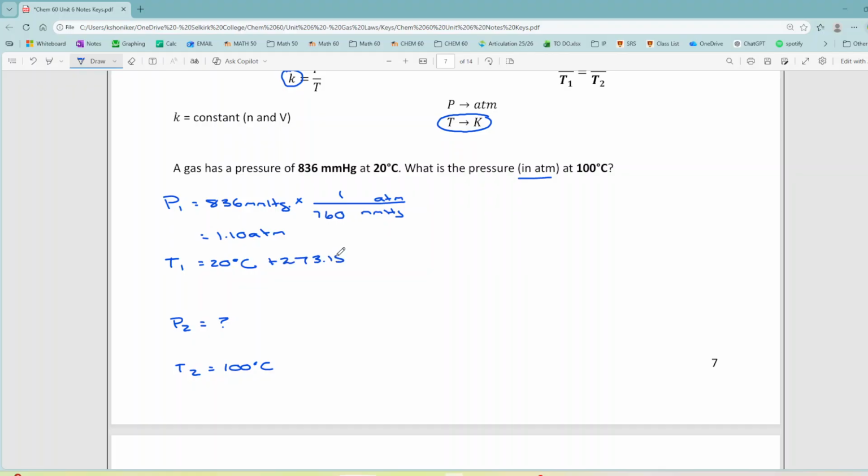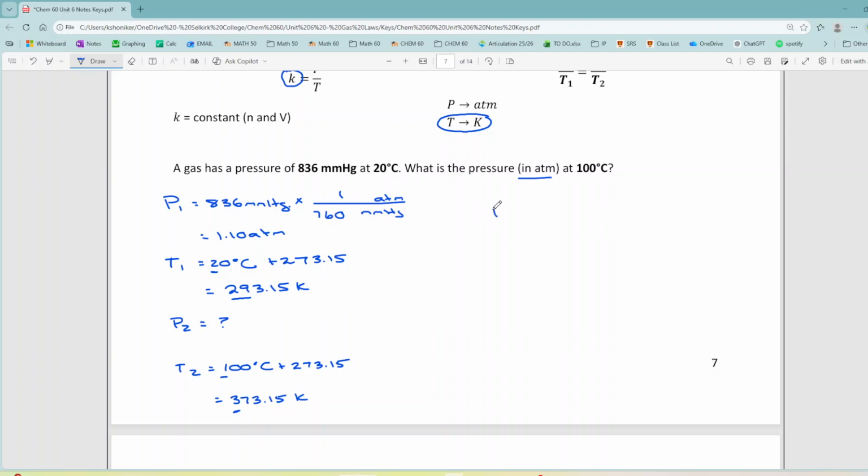Then I also have to convert both of my temperatures into kelvins. I find this the worst. I'm like, really, every time? So that's going to give me 293.15, but of course I need to keep track of sig figs. This was precise to the tens, so this is going to be 2 sig figs. And then same thing with this temperature. I'm going to do 100 plus 273.15, which is going to give me 373.15 kelvins. But because this temperature is accurate or precise to the hundredths, this is only 1 sig fig.